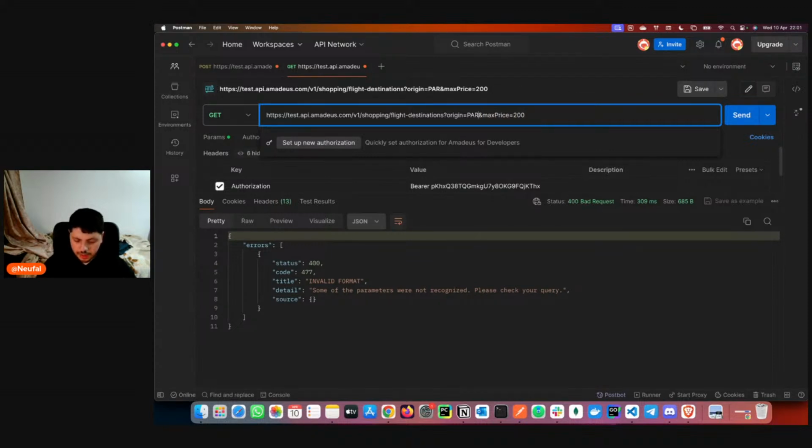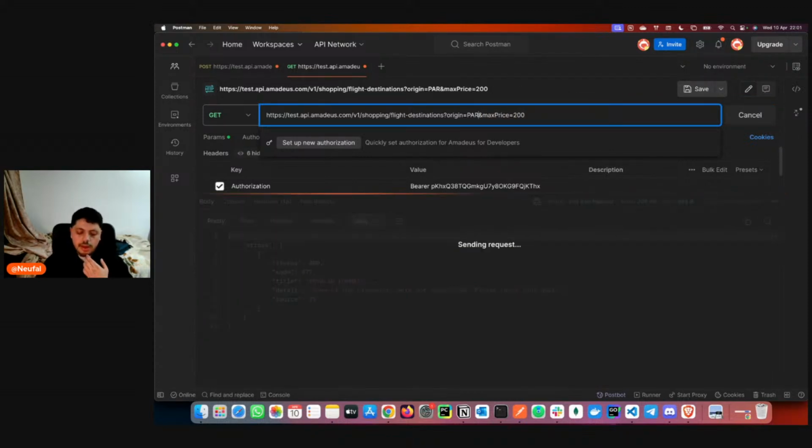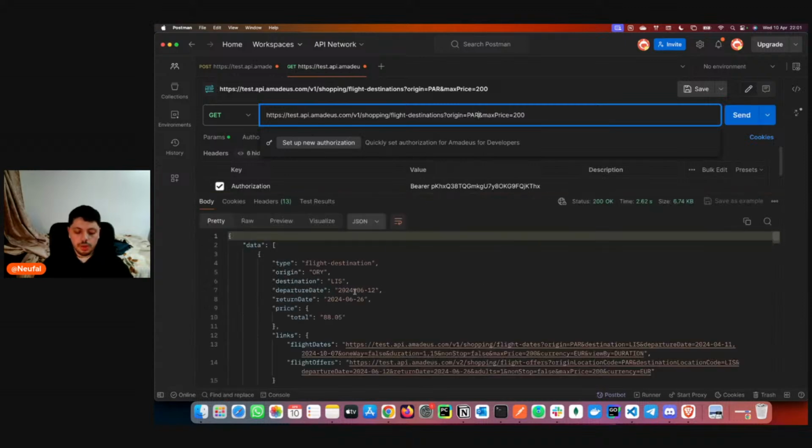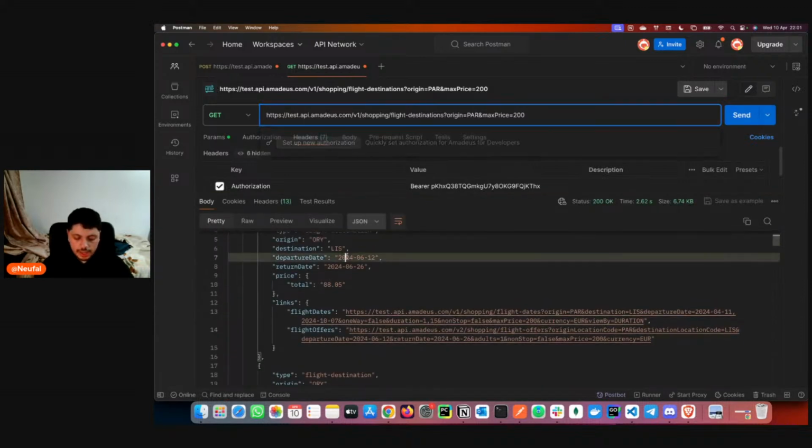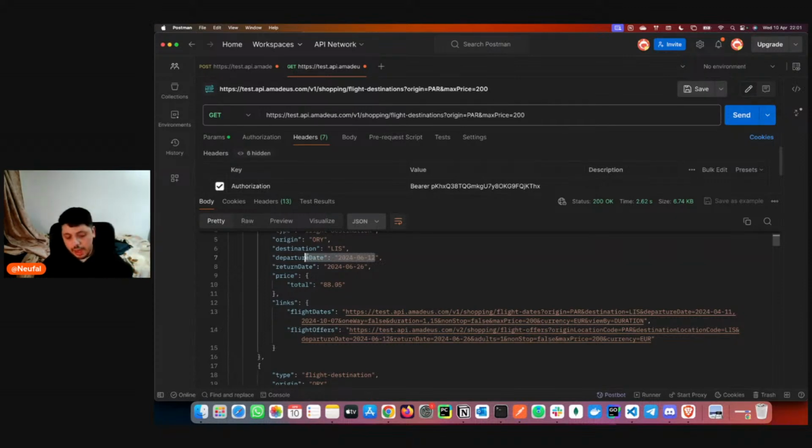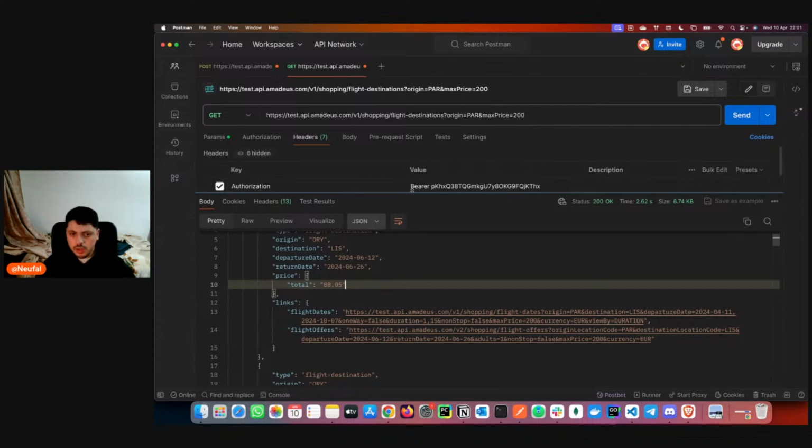Well, we'll check the API to see how we can do that. And you have here the dates, departure date. These obviously are some fields that you can add afterwards. The return date, if you want a return trip too. The price will be 88.05.